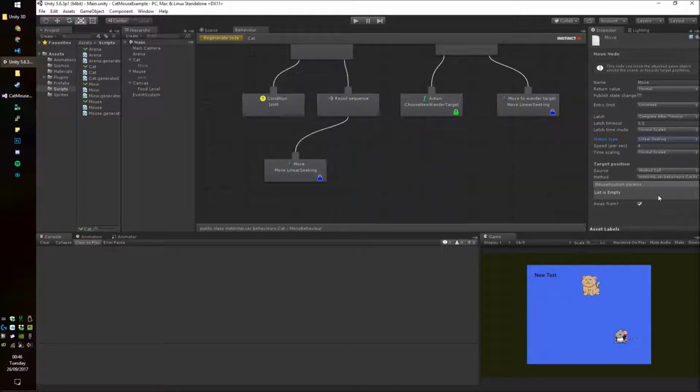There's all sorts of tween options that you can use, including, I believe, I think in the rotation node there's a seeking tween, where you can tween towards a changing target. Kind of hard to explain. But we're not doing that right now, so let's just recoil, so he moves away from the mouse,